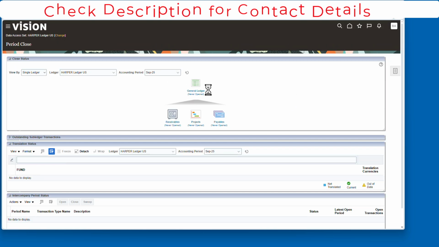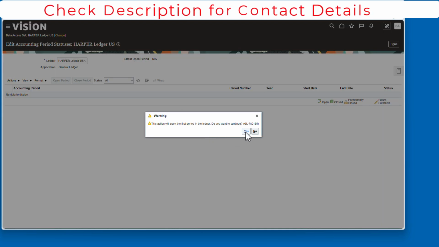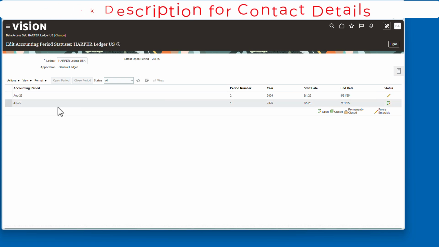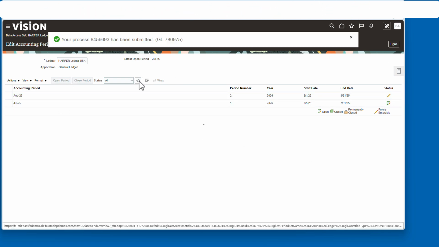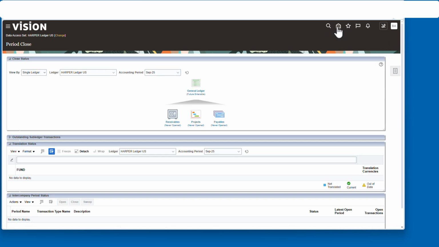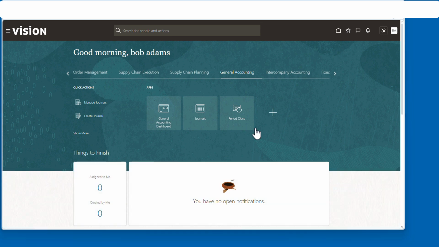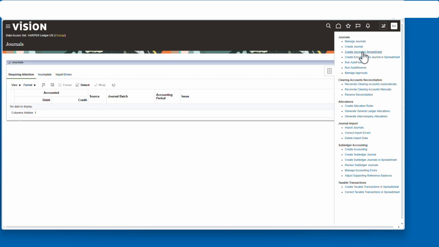I'm going to change to the right ledger. Yes, I'm going to open July 25. That's the first. And I'm also going to open August because we're going to do a business as usual entry once we have the spreadsheets set up and configured. Okay, now let's go over to journals and we'll get the create journals in a spreadsheet,